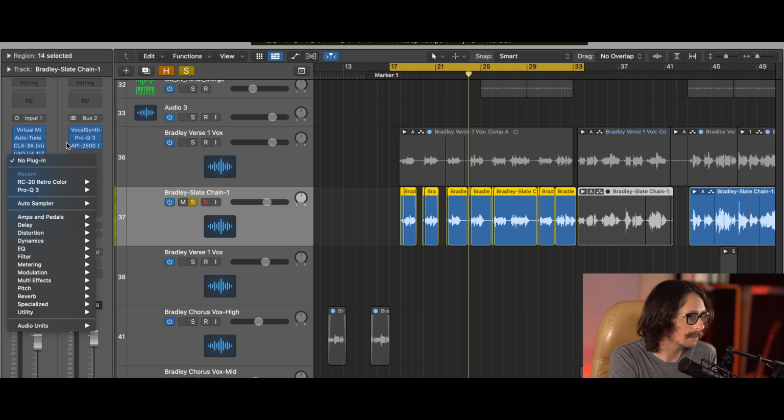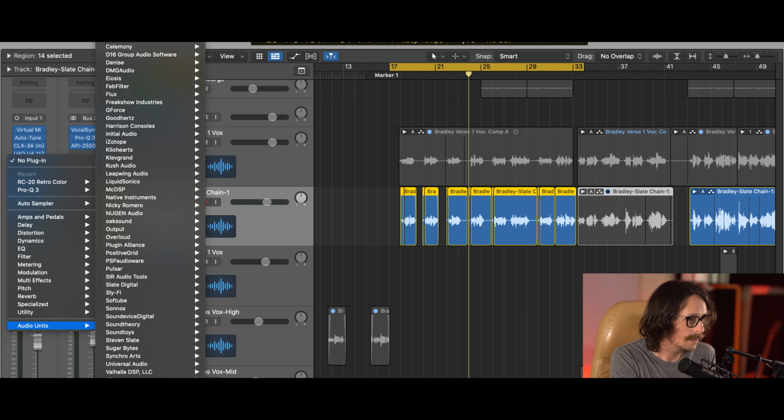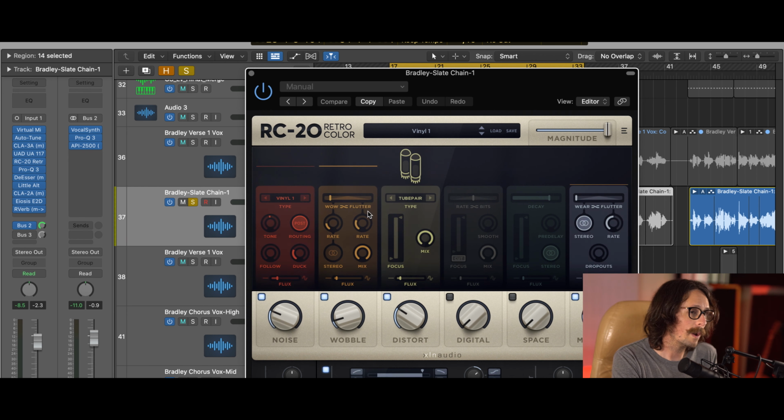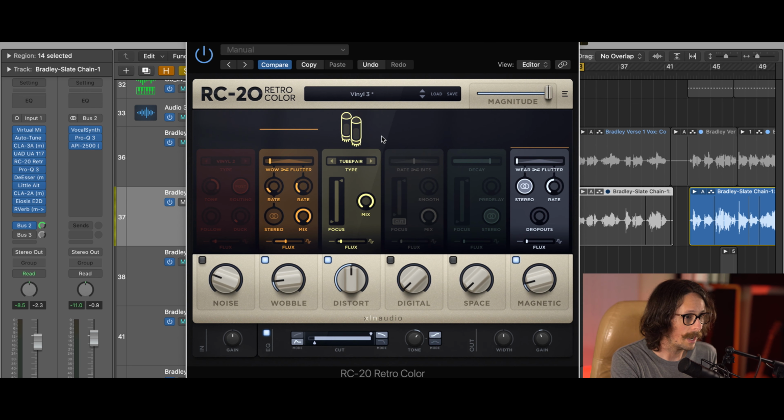You can use anything. Here's one I would definitely use. I would go into RC20 by XLN Audio, retro color. And the way that I like to use this plugin is I'll turn off the noise. I don't want vinyl noise, right? But I will do just a very, very little bit of wobble on the vocal, which is not so important as going into this